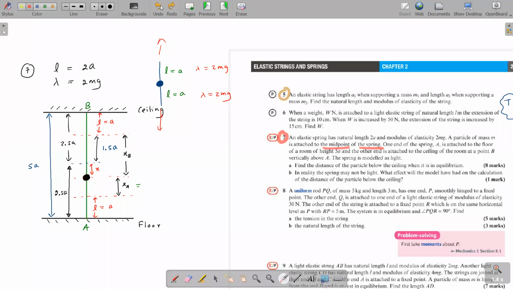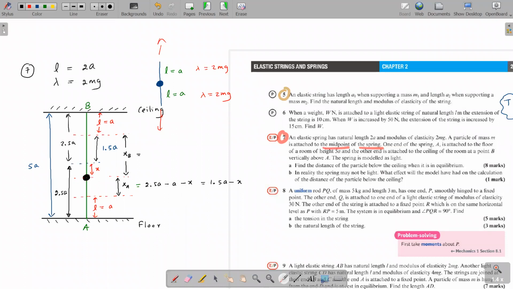Okay. So XA is equal to 2.5A minus the natural length A, minus X. How much is it? XA is 2.5A minus 1A, which is 1.5A minus X. Are you with me? So XB also, if you could give me the XB value, the extension of spring